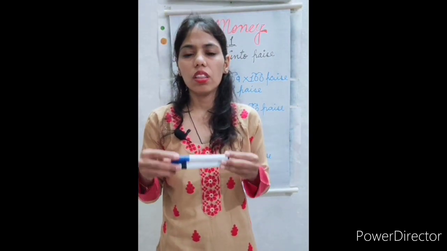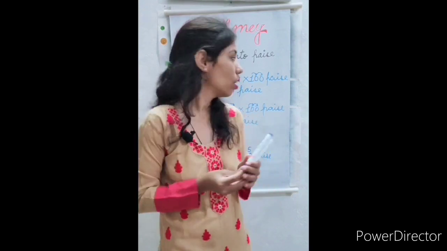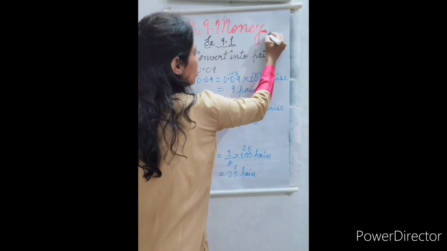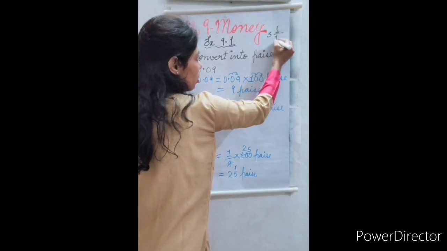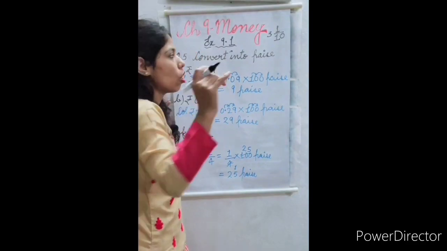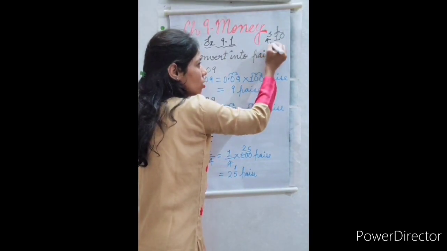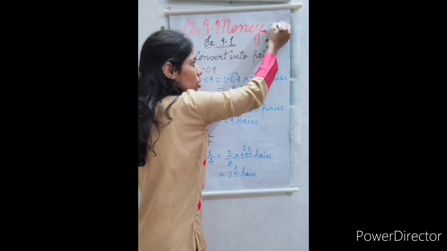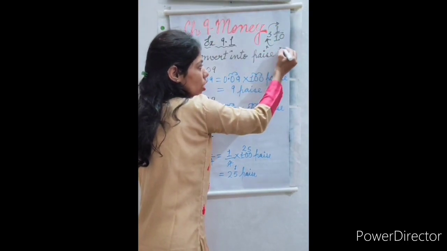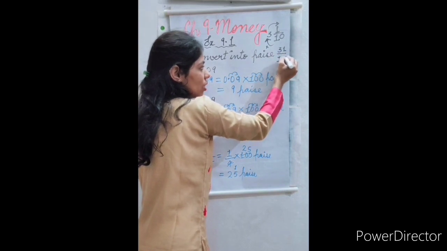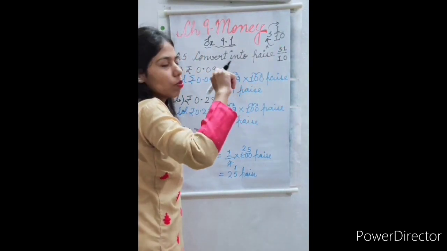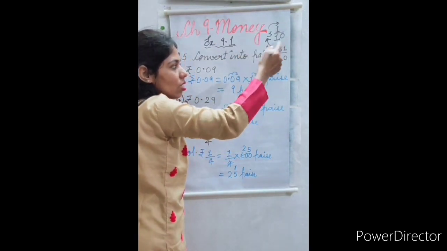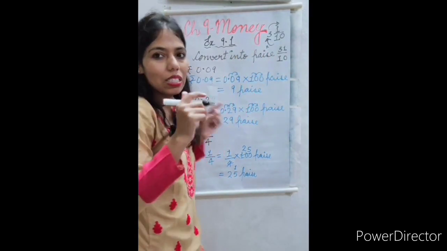Part G is rupees 3 whole 1 by 10. This you will do as revision work. I will tell you how to do it. Just multiply it as we used to do in the fraction chapter. 10 threes are 30, 30 plus 1, 31. You will get the fraction 31 by 10. After that multiply it by 100. 10 will directly divide 100. 10 tens are 100. Then it will be 310 paise.